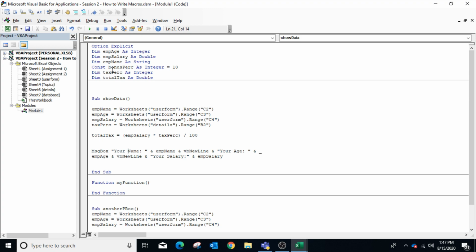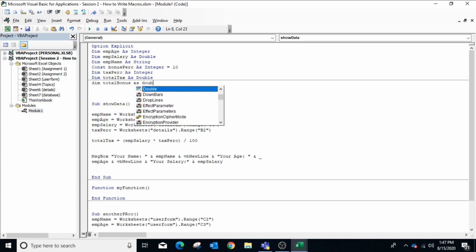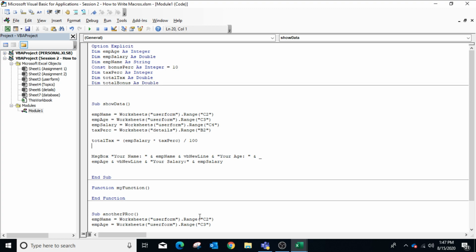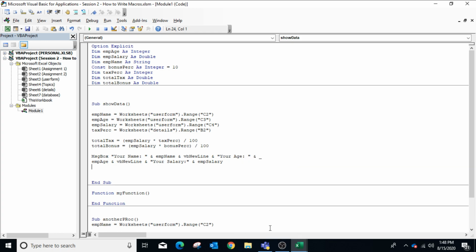Similarly, we can calculate the bonus of the employee. So declare a variable totalBonus As Double, and to calculate it, totalBonus is equal to employee salary multiplied by bonusPercentage divided by 100. Now we can show the tax and bonus values in the message box.